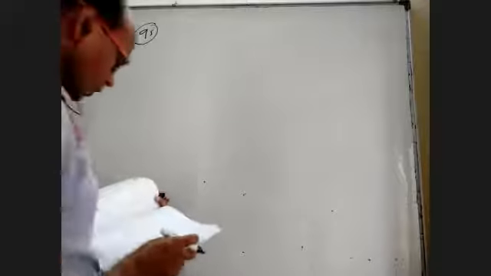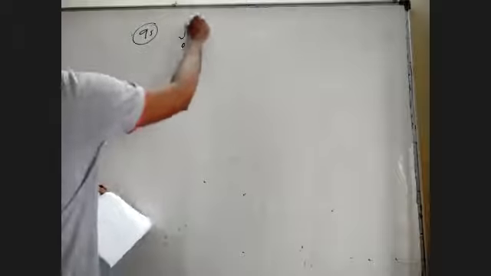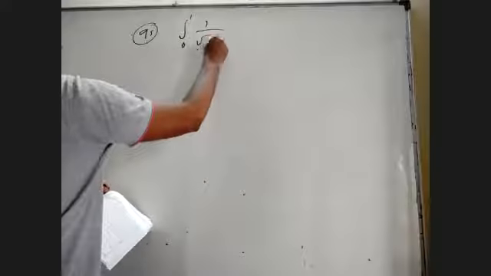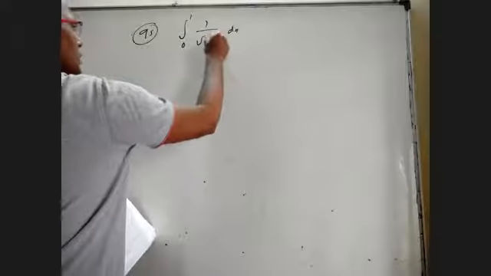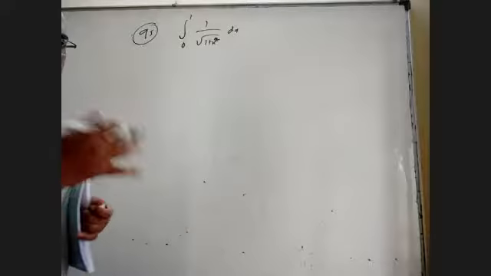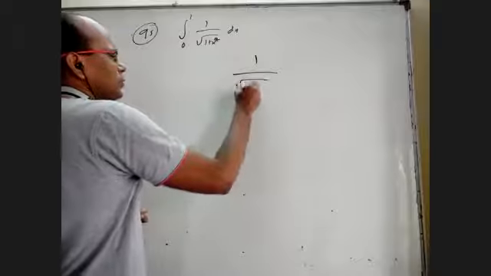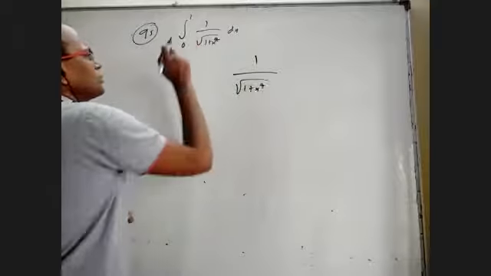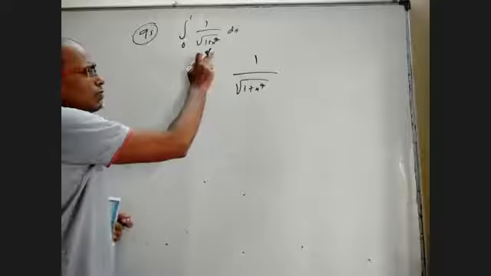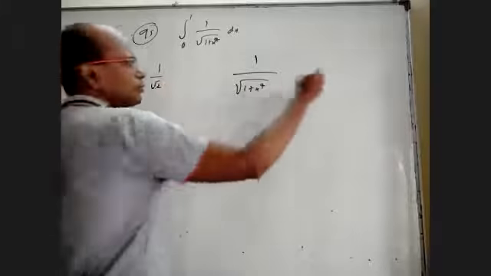Okay, I don't think we can find the integral of 1 by root 1 plus x power 4, 0 to 1. Exact value you cannot find. So you have to think of some functions which are greater than this or less than this, which can be easily integrable. One thing for sure, 1 by root 1 plus x power 4 between 0 to 1: at 0 it is 1 and at 1 it is 1 by root 2. So no doubt it is between 1 by root 2 and 1.